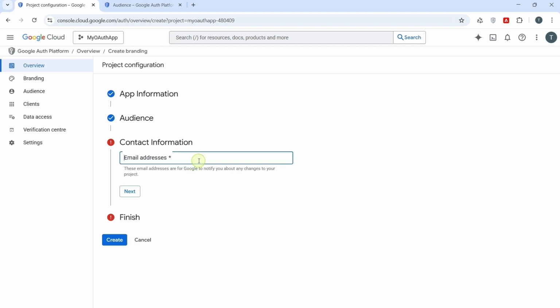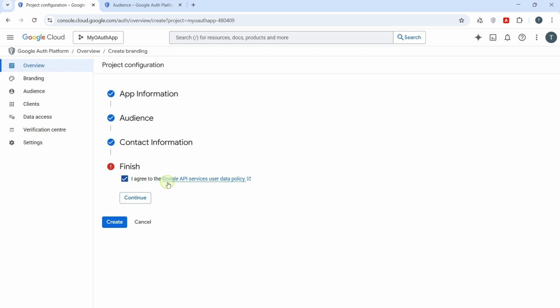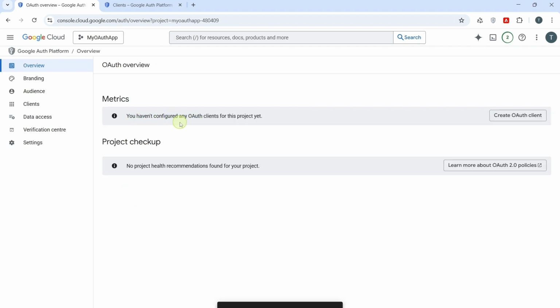Add contact information like add my email address and click on next. I agree, Google API services user data policy. Click on continue and click on create. So here it says you haven't configured any OAuth client for this project yet. So click on create OAuth client.